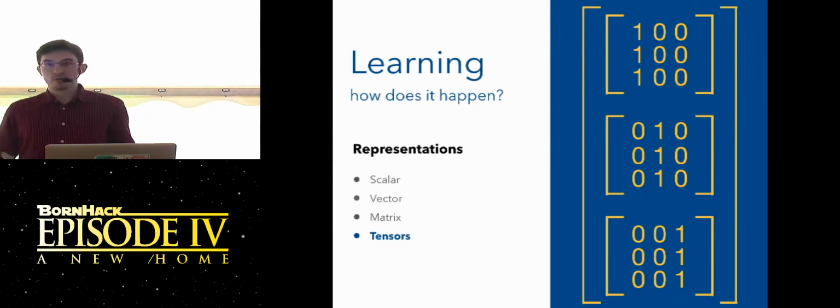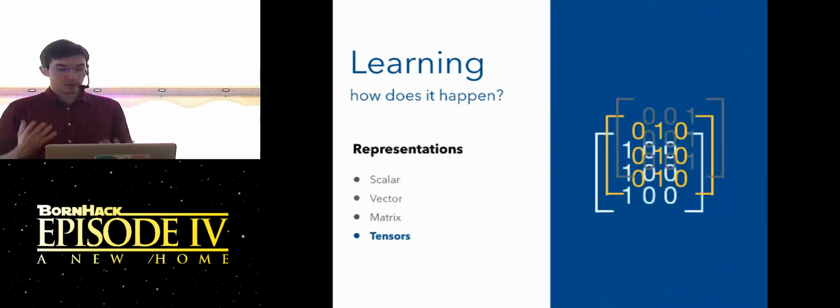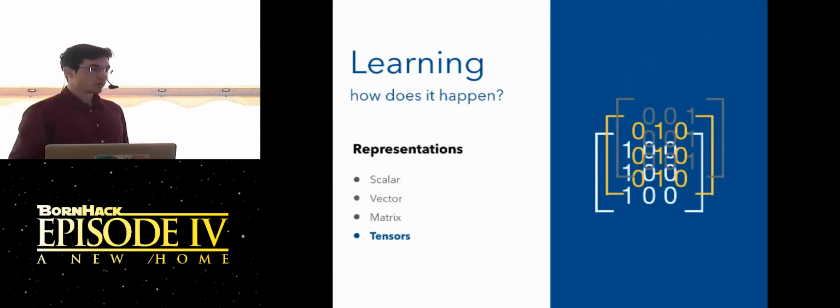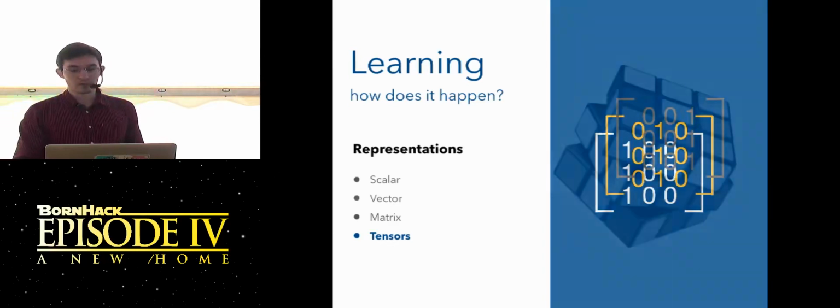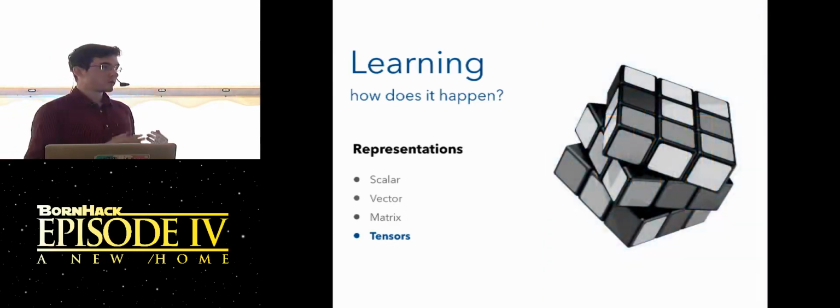And this is also where the popular Google library TensorFlow takes its name from. You can also imagine that tensor that we just saw as essentially a cube. And if we can imagine it as a cube, we can imagine it as a 3D shape. So it can be the same image in 3 different points in time, or it can be the image and its mood and its motion. There's just this great flexibility in what we can represent with these tensors.